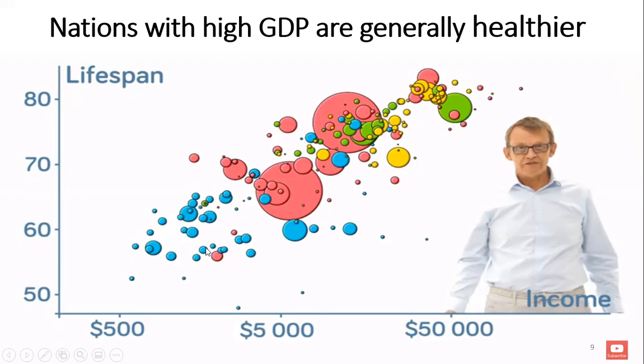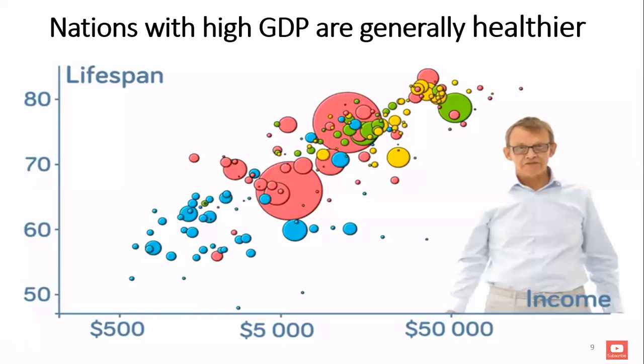So obviously it's worse to be down here in these countries where income's low, and a consequence of being in a low income country, people on average die sooner, I'm afraid. Whereas up here in the top right hand box, we've got nations that have got high income per person, and the consequence is when you live in a rich country, you tend to get more time on the planet and your life expectancy is longer.